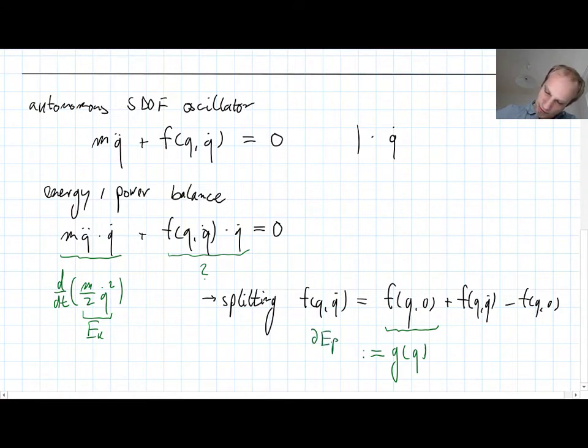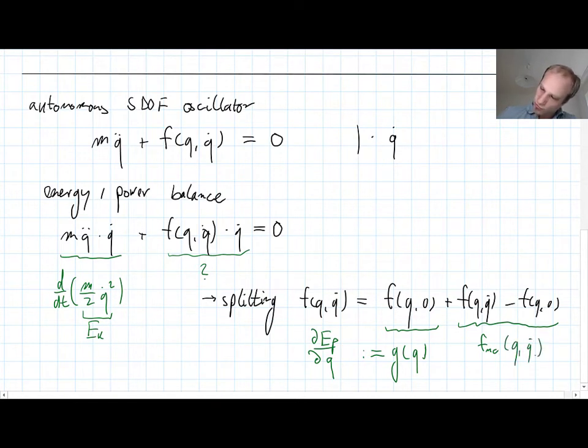So this is dEp dq. So we can integrate this to a potential energy and consider this as the gradient of a potential energy. No problem there. So by definition conservative forces can be derived from a potential, and this makes this the non-conservative forces F NC,